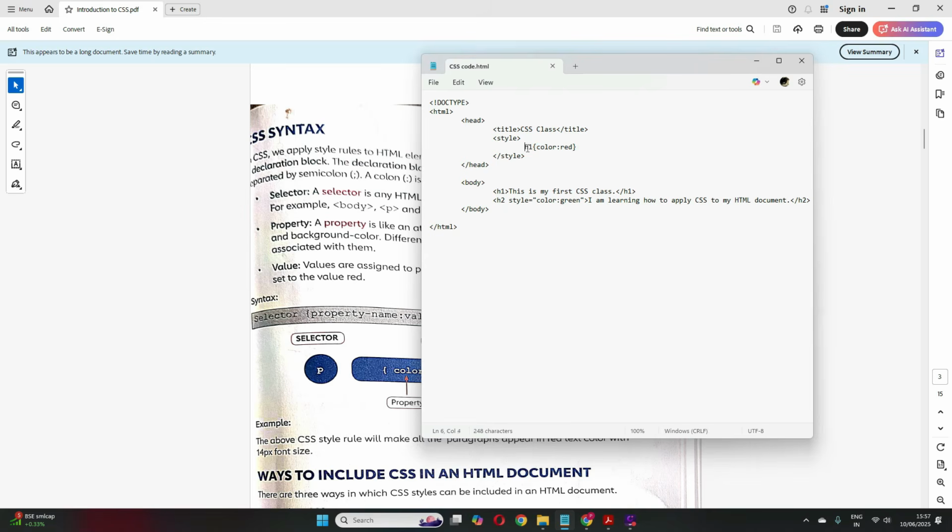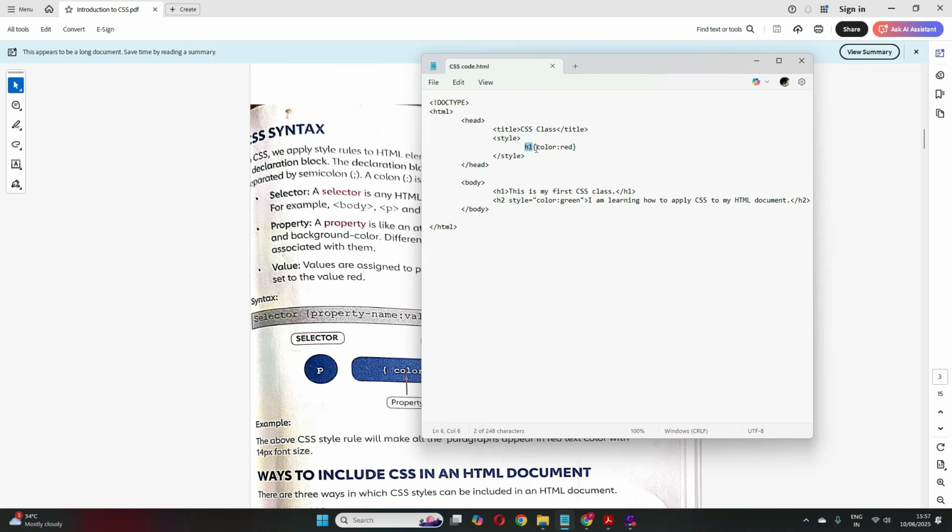Now what is this selector? Selector is any HTML element to which style needs to be applied. So this selector is any HTML element like h1, h2, p, we have p also, right? Or body it can be, if you want to apply to the entire body.